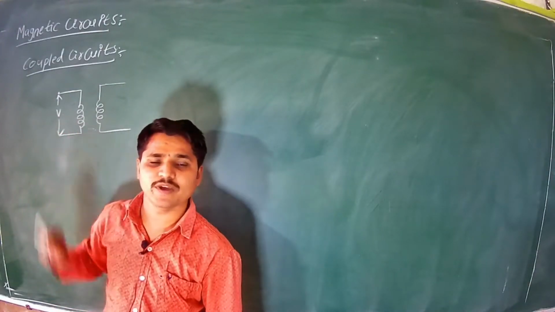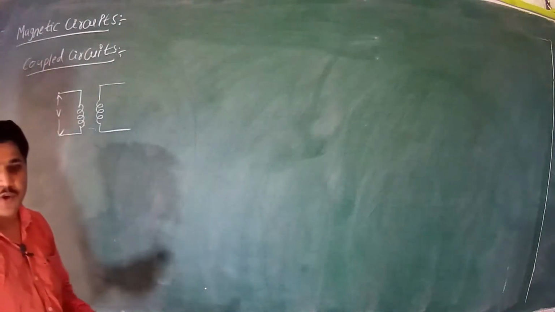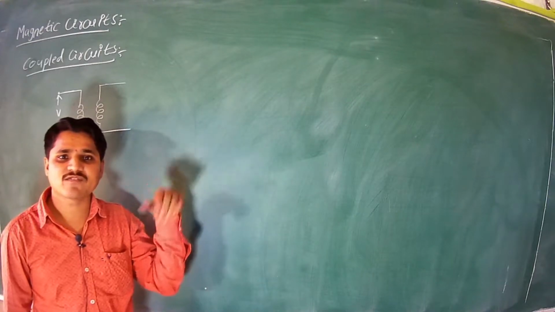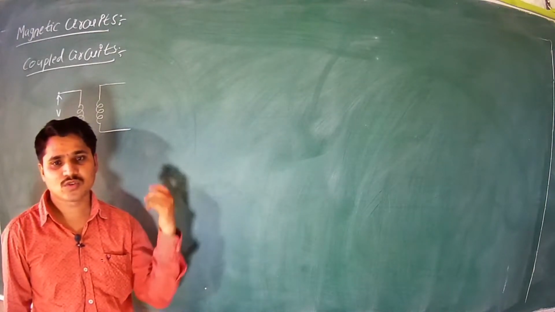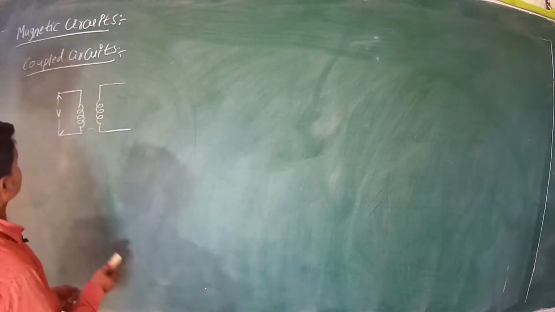Then these two coils are said to be coupled circuits. This is possible by sharing the magnetic flux produced by the coil with one another. So this is called coupled circuits. Now the next concept is,